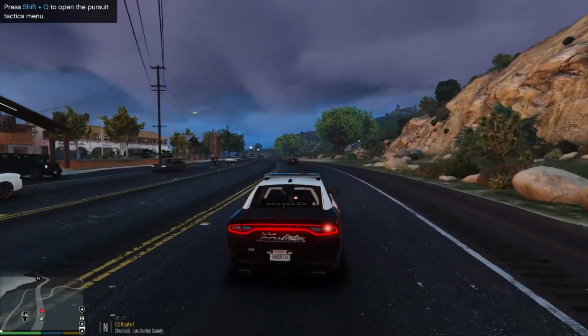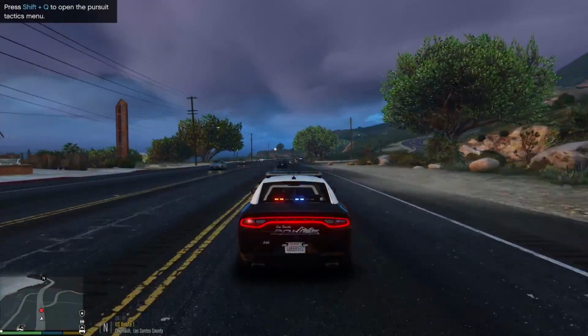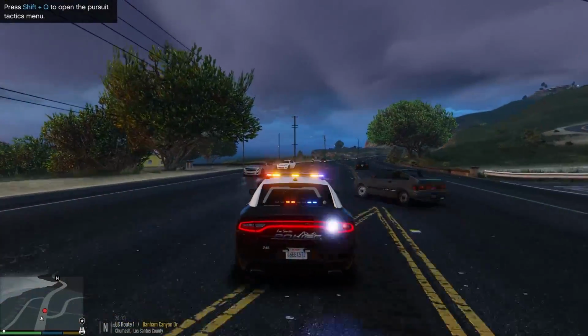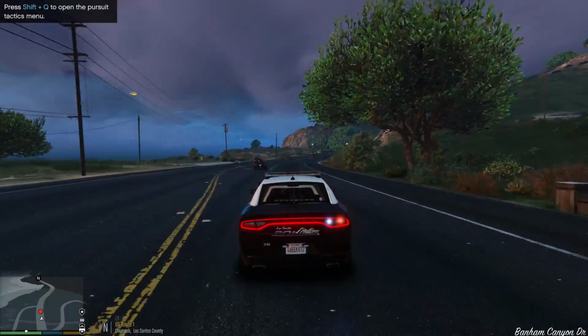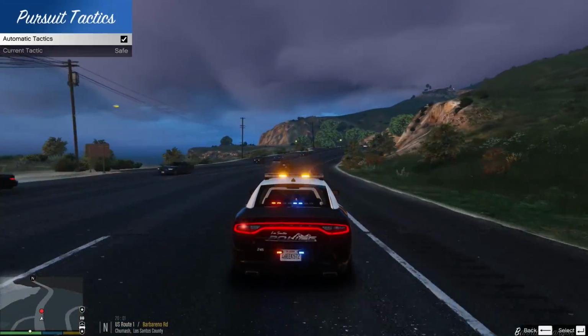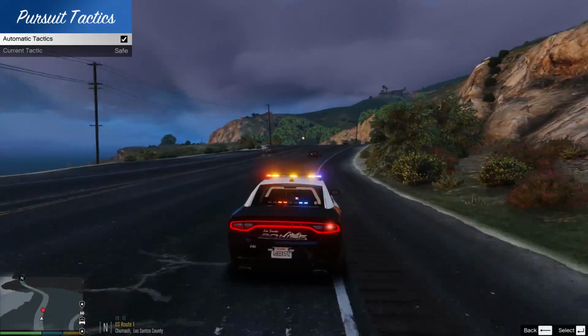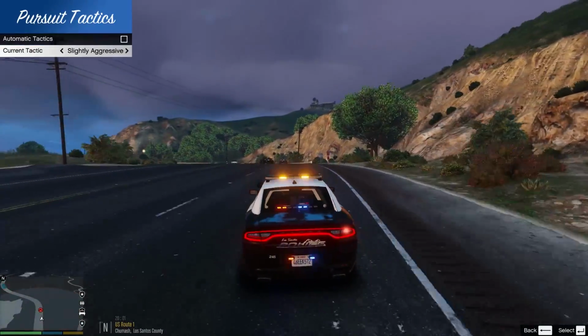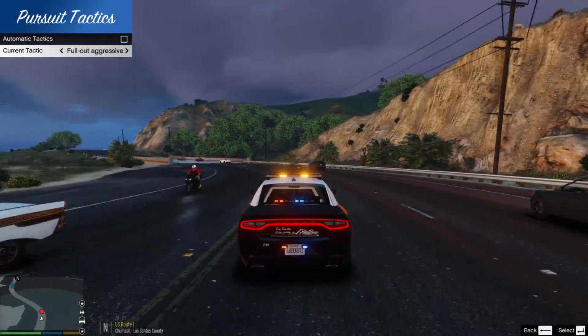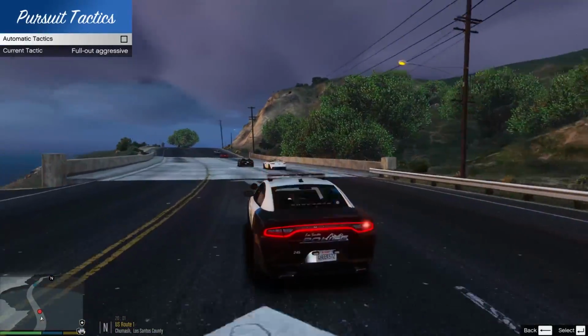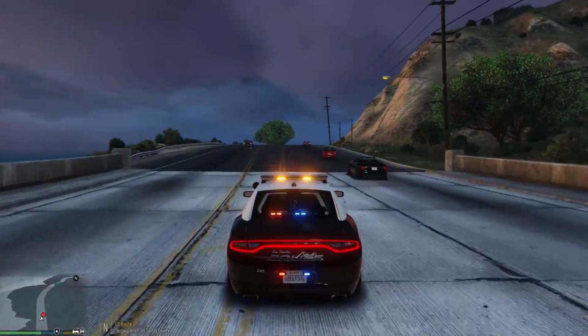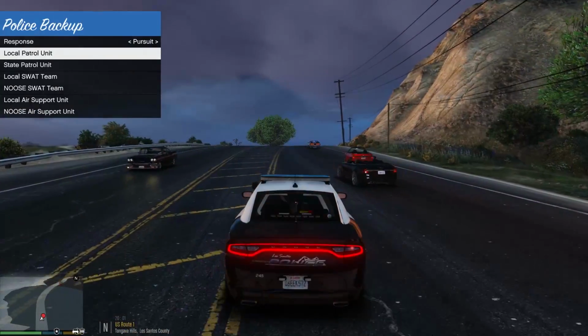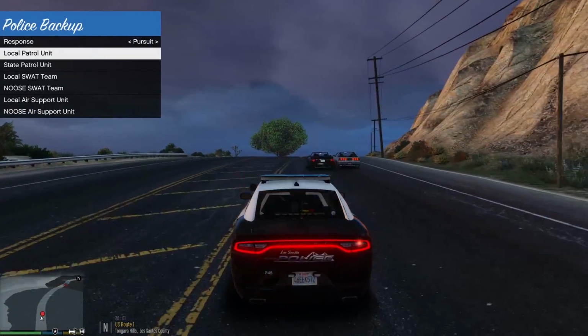Now another thing that LSPDFR Plus adds is the enhanced pursuit AI. So as you can see in the top left right now, we can press Shift plus Q to open the Pursuit AI menu, and as you can see we get options for automatic tactics. If we turn it off we can select safe, slightly aggressive or full out aggressive as we wish. So we're just going to leave that on automatic, and once you start calling in for backup using the Pursuit backup menu from LSPDFR,